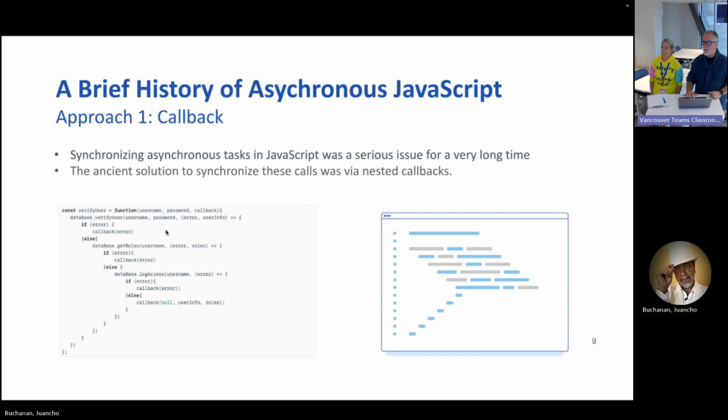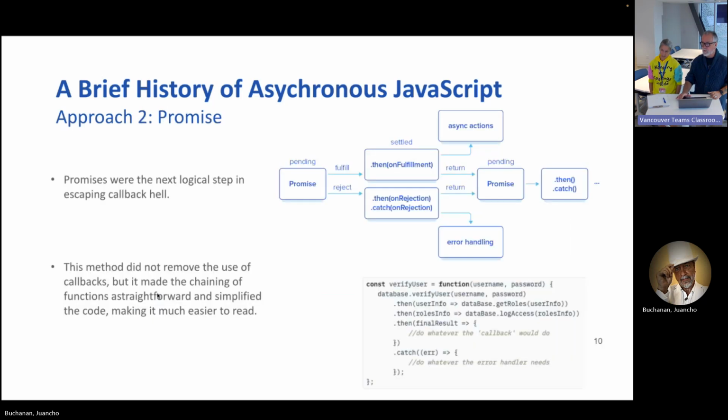So this verify user basically has an error, and if that's true, then we call back. If that error doesn't exist, then we do something else. But we're not doing the positive. It's very difficult to read. And so it's really about not different functionality, but a different representation of the same functionality. Right. And it's an improvement and an evolution within a programming language.